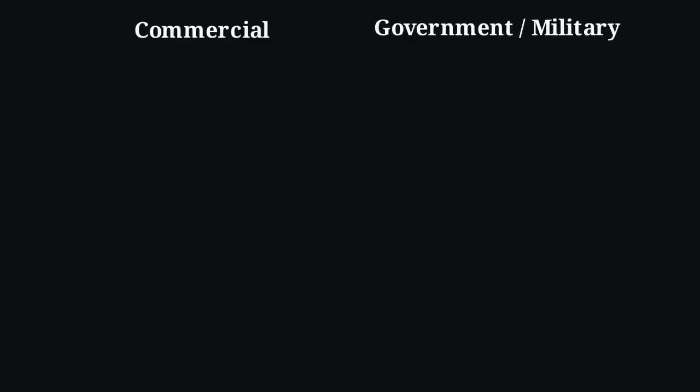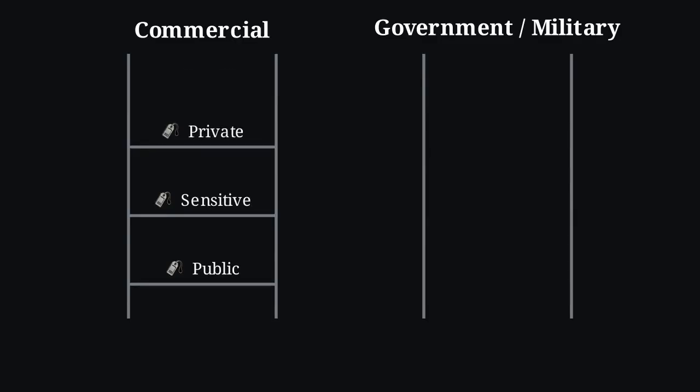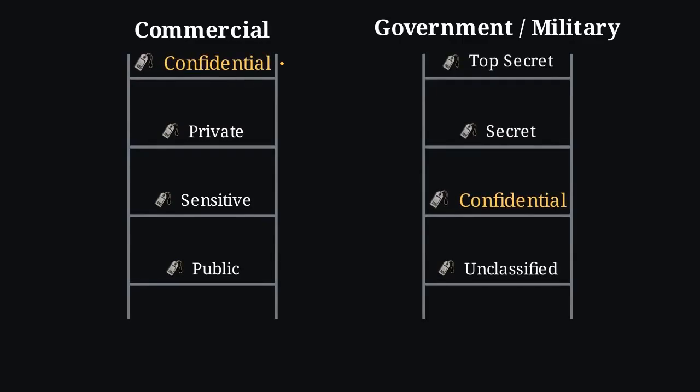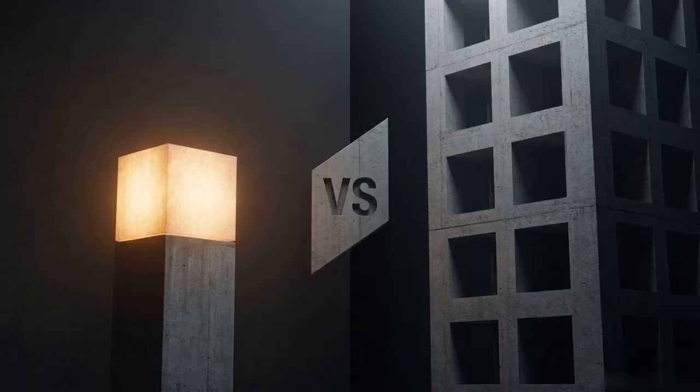This diagram shows two side-by-side ladders representing data classification. The commercial ladder steps upward: public, sensitive, private, and confidential. The government ladder runs unclassified, confidential, secret, and top secret. Notice confidential marks the highest tier for a bank, but sits low for the military. Context defines control. However, there is a strict semantic distinction in these standards that routinely traps practitioners: the difference between